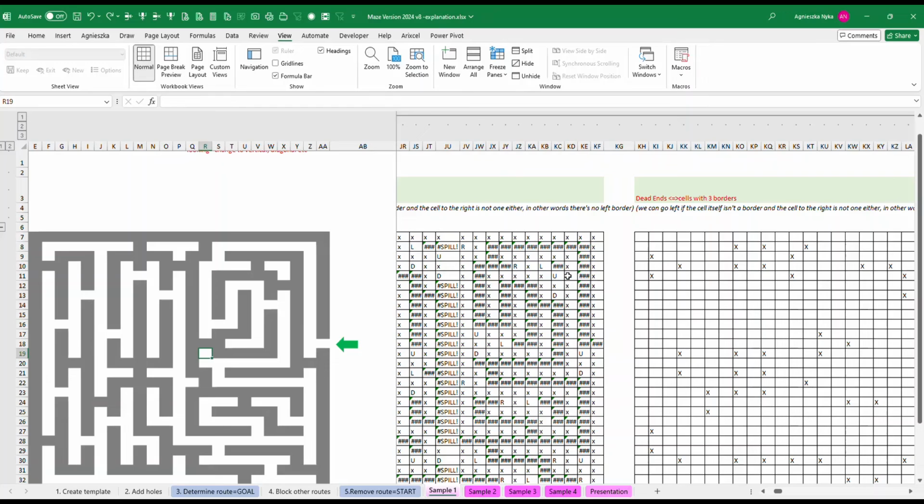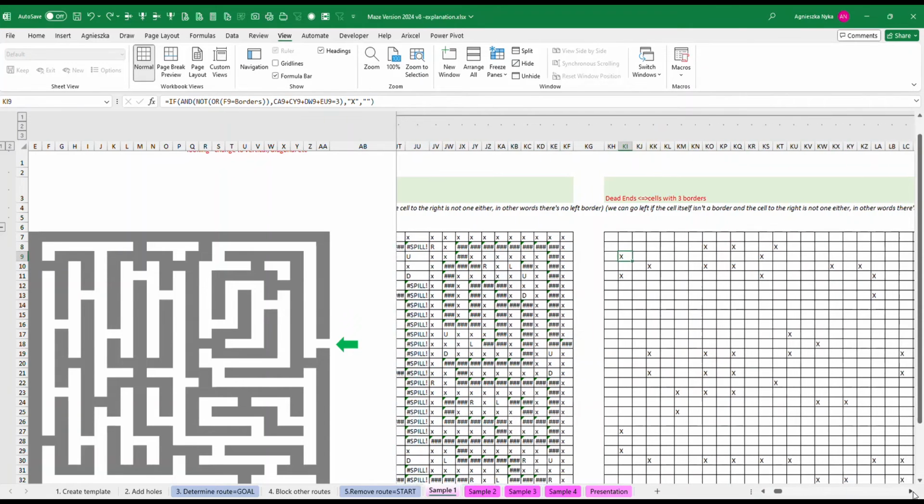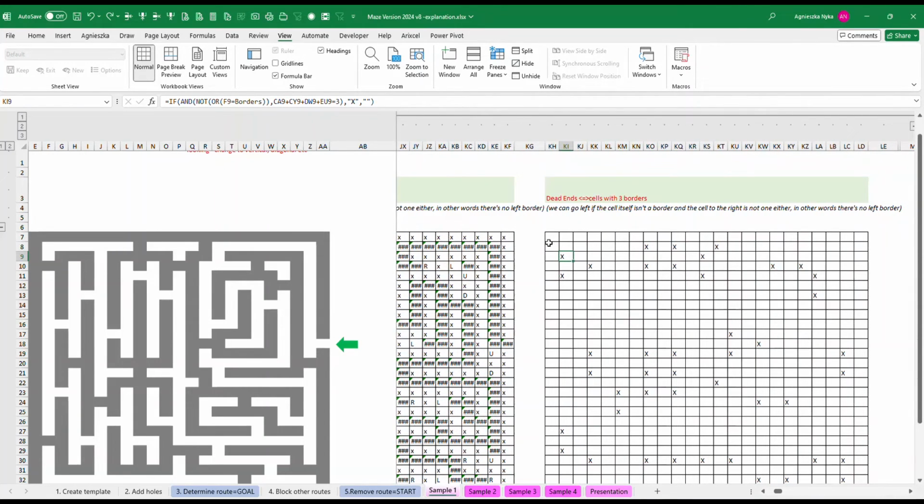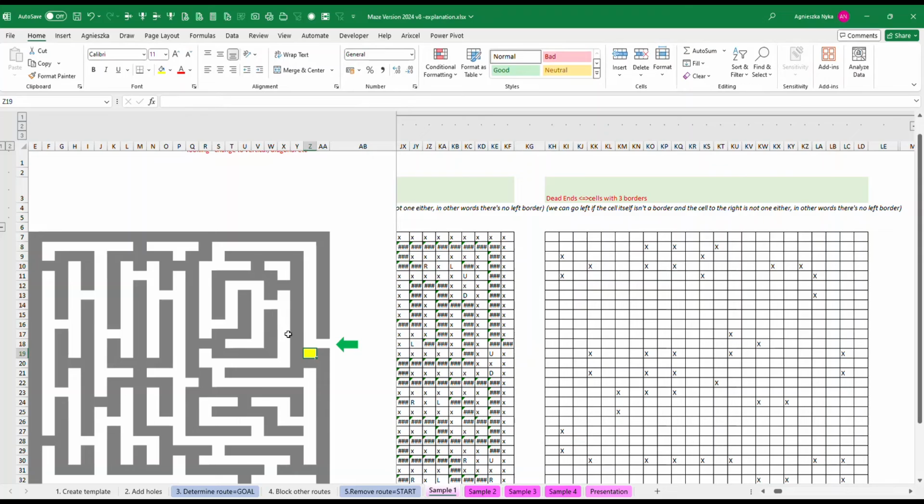So I'm now replacing all those one-way options with X's, as if I was blocking this. I'm no longer interested in this cell. I marked it as a dead end, and now I'm looking at a new maze, which looks like this without those. So all these will be blocked,